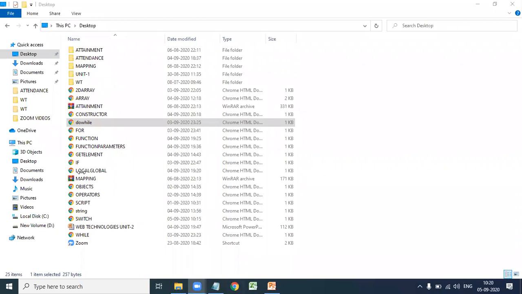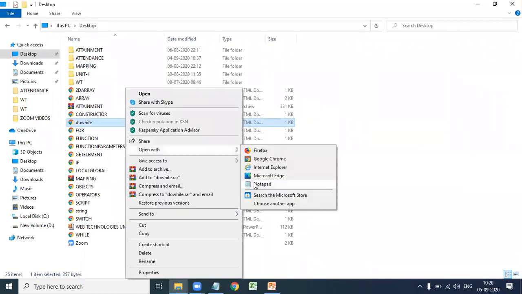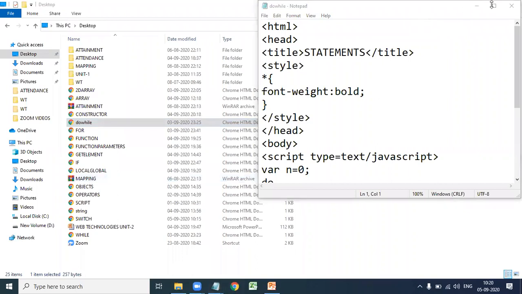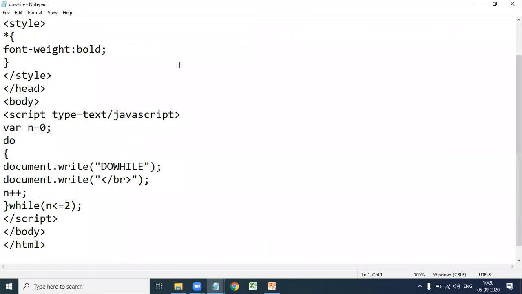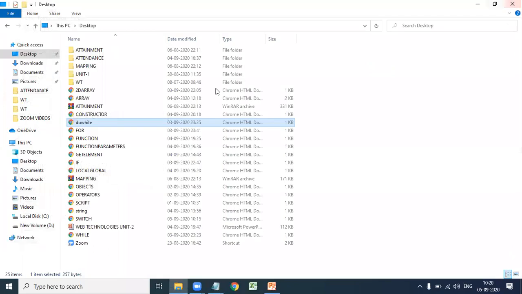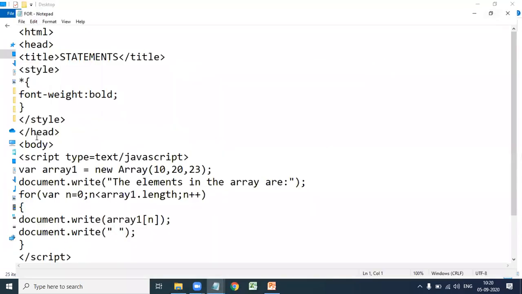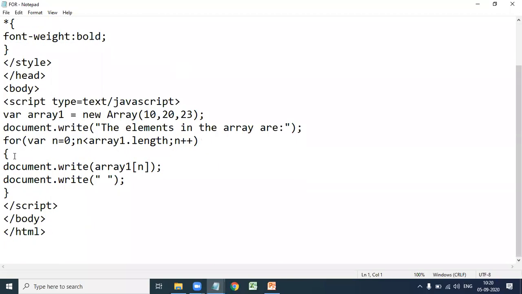Next one is the for loop. See here, we are printing the array elements by using a for loop.